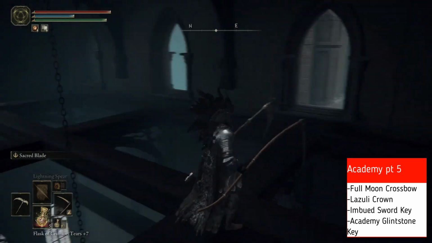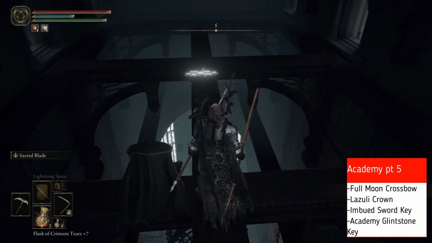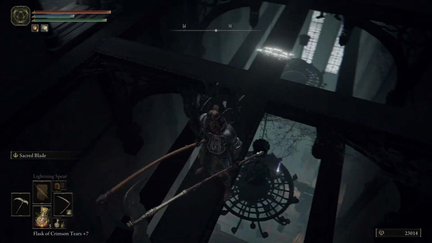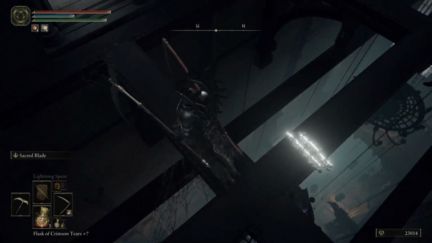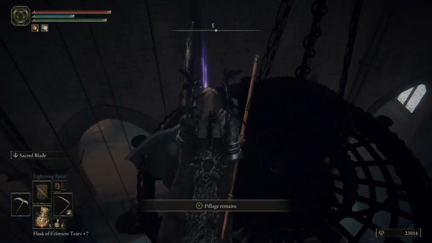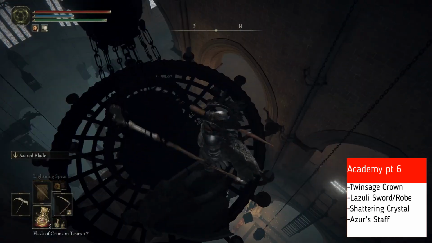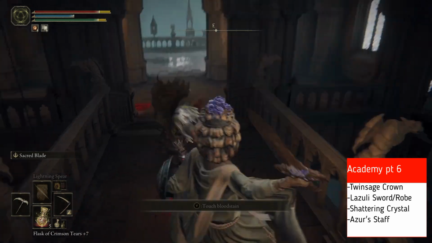Hop through the window. Careful here before we hop down onto this chandelier here, which has our Academy Glintstone Key. We need to hop down onto the other banister. So this Academy Glintstone Key, you have one. This is another one you're getting, and if you remember Thops from the beginning of Liurnia, you can take this to him, and I believe he will give you a